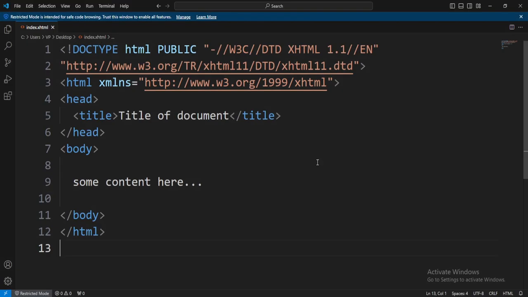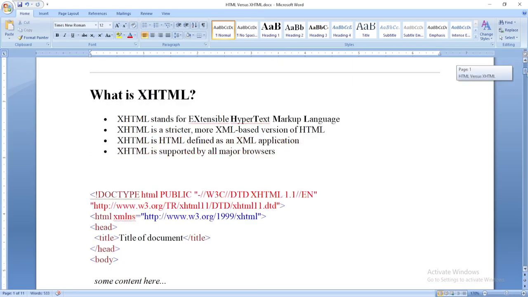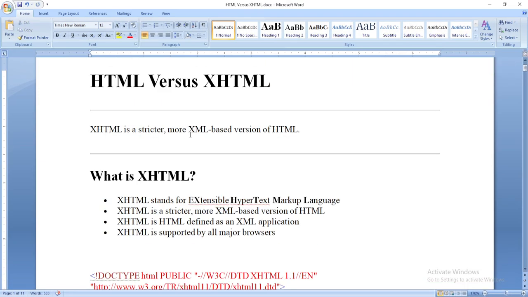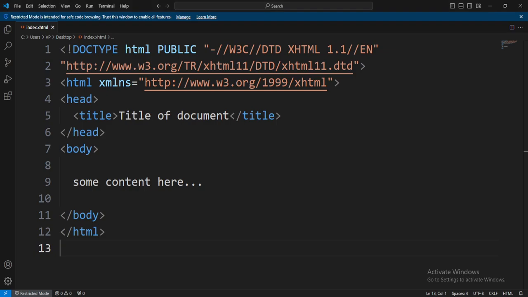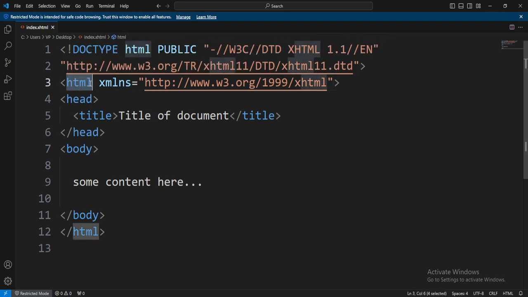And one thing I want you to notice, we are saying that XHTML is a stricter, more XML-based version of HTML. So I'm going to show you why it is an XML-based version of HTML. Back to our code. Let's remove this thing. If you notice very well, we have our HTML